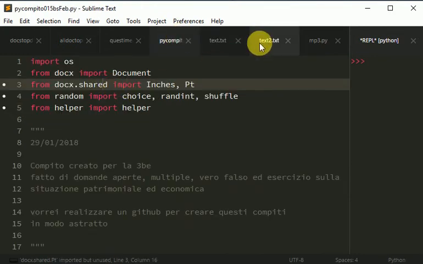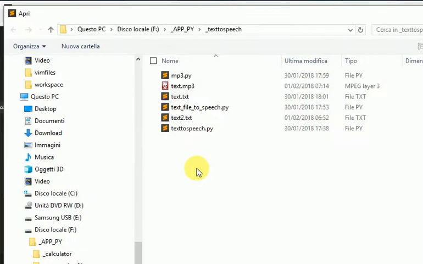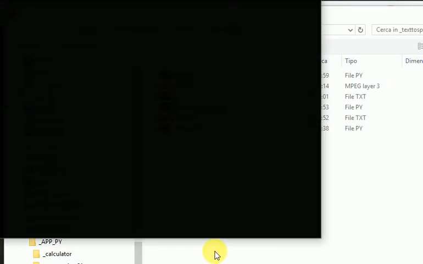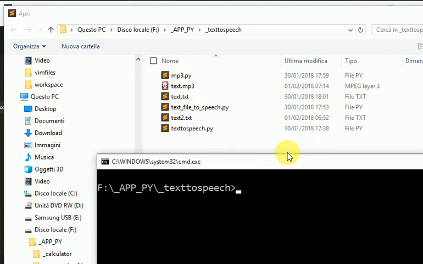Now, what do I want to do? So let's go here. I want to make an exe file, and so I open my window here where I saved the file. I open the command line, and I have installed PyInstaller with pip install PyInstaller. Okay, after you install this program, you can do this: